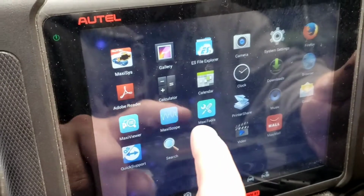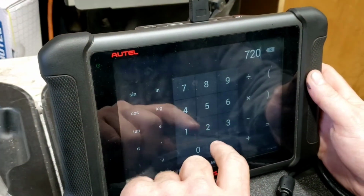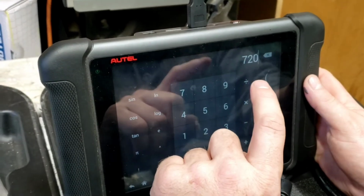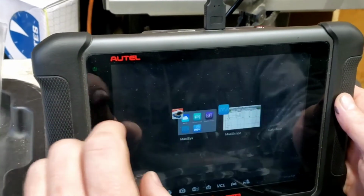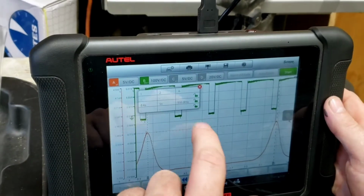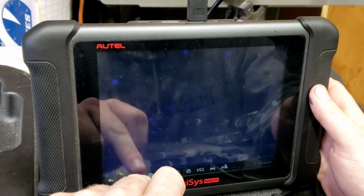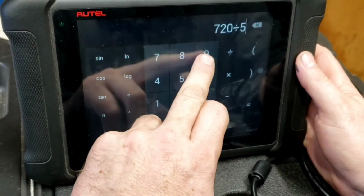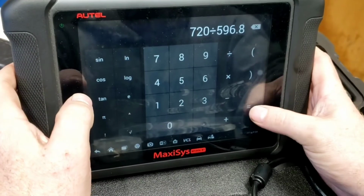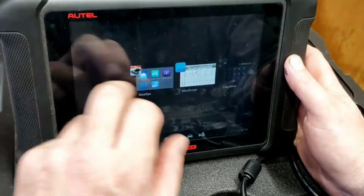So if we go to our calculator, 720 degrees, 360 times 2 for 2 complete revolutions, divided by 596.8. So we got 1.206. We're going to times that now by,